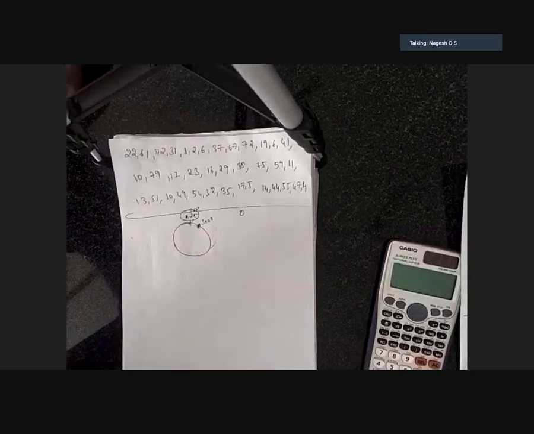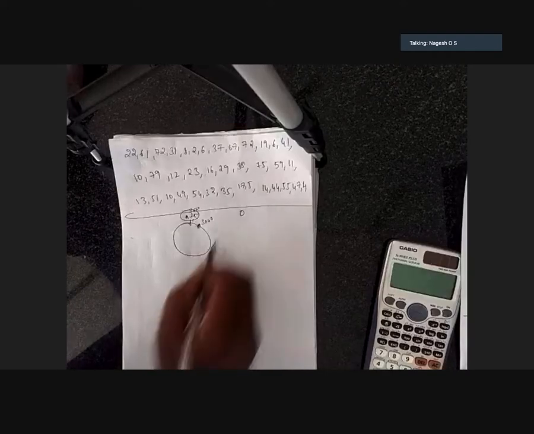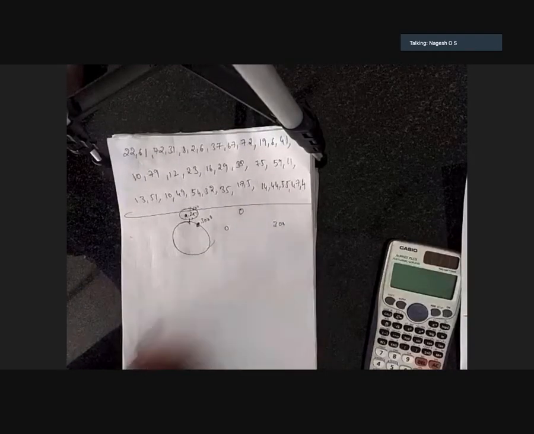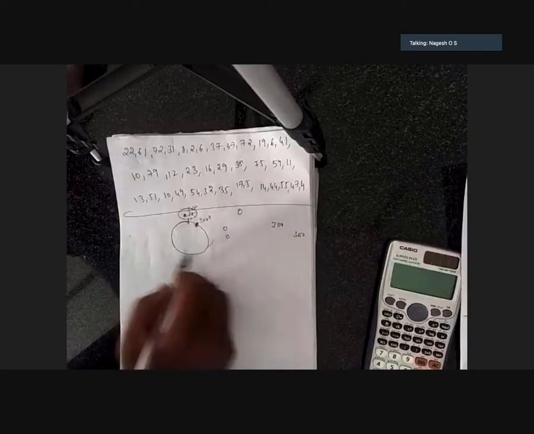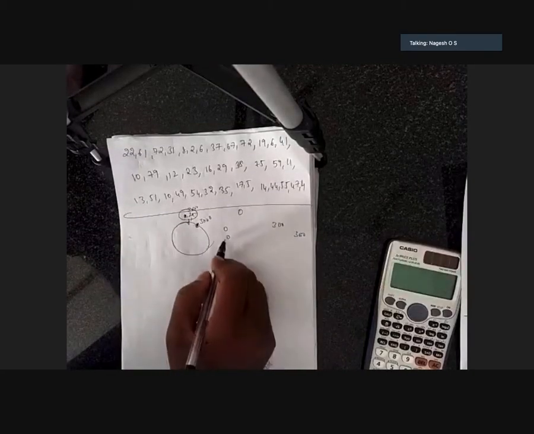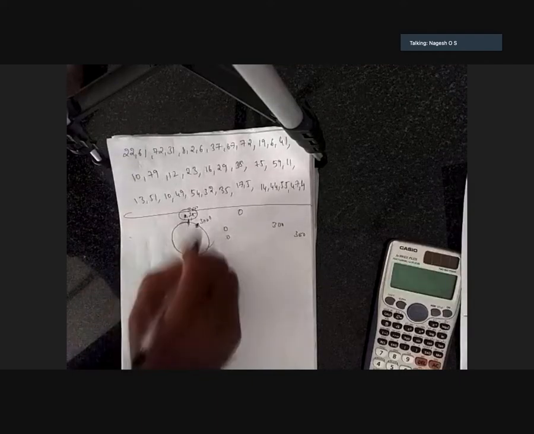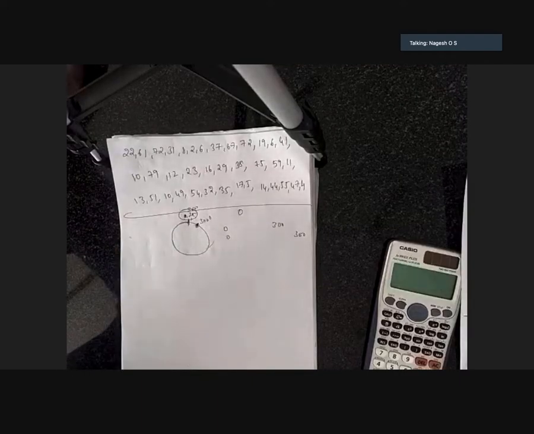Okay, we'll take the second question. In the previous problem, we had from 0 degree to 300 degrees. Here from 0 to 360 we have. 0 to 360 means the full circle will come. Either you take the first 0 value or the 360 value. No need to take both. That's what they are telling here.